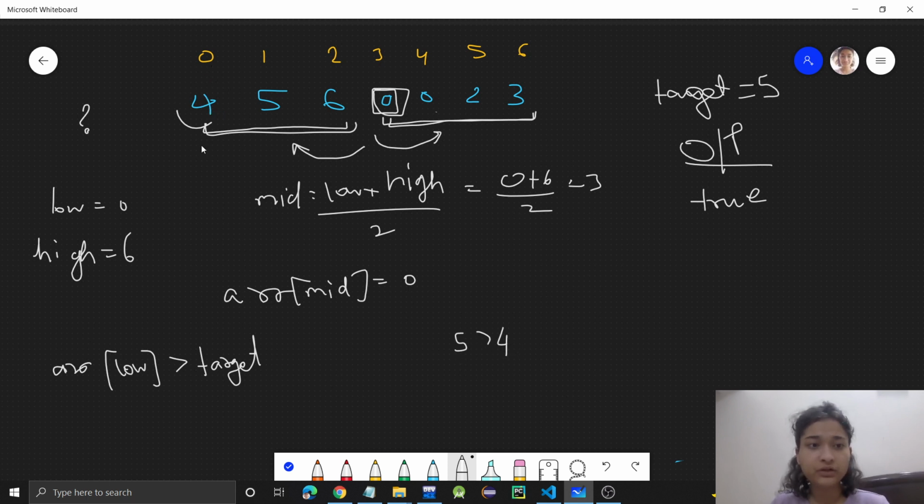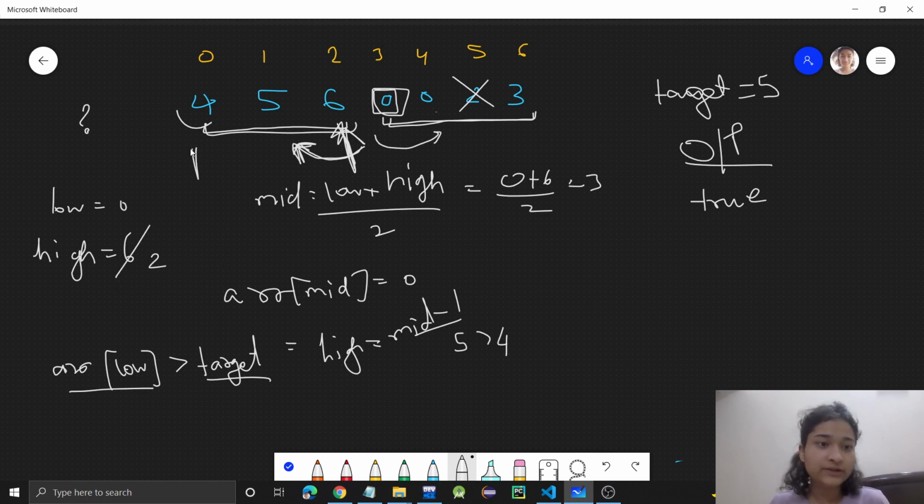So we will shift to this part, and obviously we will find it here. So we neglect the other part. Shifting to this part means high will change. High will now come to mid minus 1, that is index 2.